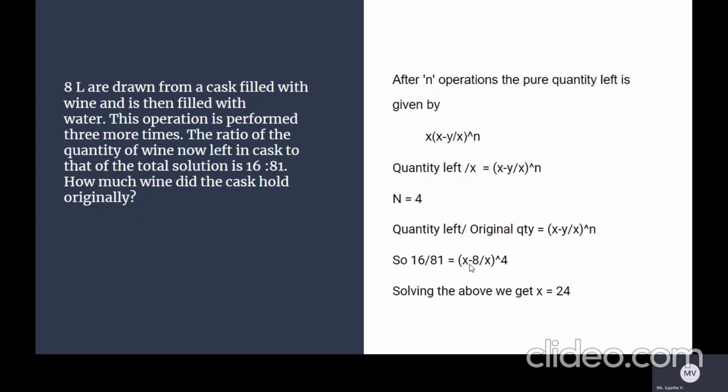So these are the different kinds. We have seen almost all kinds of alligation problems through these video series. I hope you have understood it. Practice a lot. It's not just enough to practice these questions. You have to practice a lot of extra questions also, right? And this is a good thing to learn because you can do many questions very fast using this. Not only mixture of solutions questions, it can be used in many other different kinds of questions, right? So that's it for mixtures and alligation.